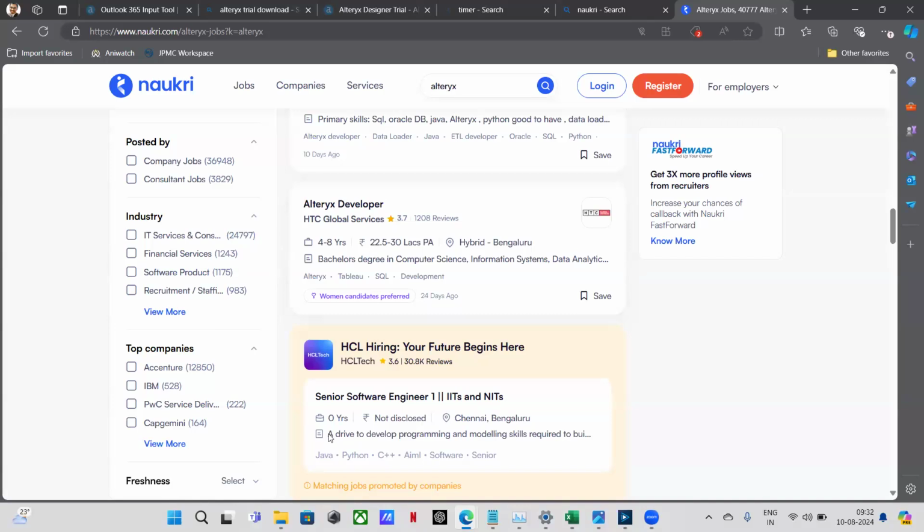The moment I say Alteryx, no one comes in. If they knew Alteryx, they would have got many jobs, and money fast, on day one. Exactly. The problem here is the awareness about Alteryx is very less. That's the first point, and the second point is,